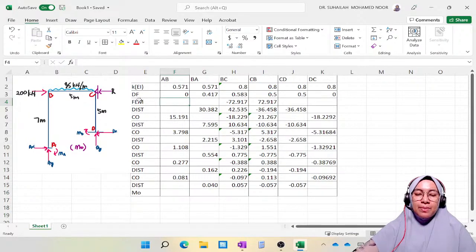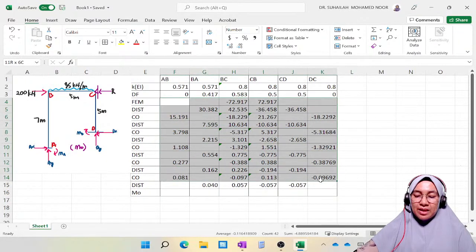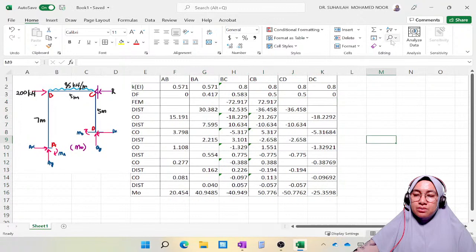Remember FEM is the fixed end moment. We have to total the moment in the table starting from the first member end moment, which is FEM. So we total this using summation. So we get,